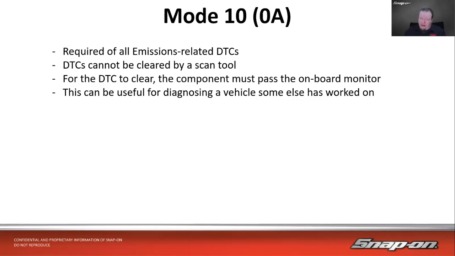Try as you might, you're not going to be able to clear those codes. It's going to be in there until the component passes the onboard monitor, whatever monitor it happens to be, whatever test the computer needs to do in order to make that code set. It needs to go through and pass those tests before those can clear. So no matter what you do, no matter what scan tool you use, you cannot clear these codes. That is useful though, if you're trying to diagnose a vehicle that somebody else has already had their hands